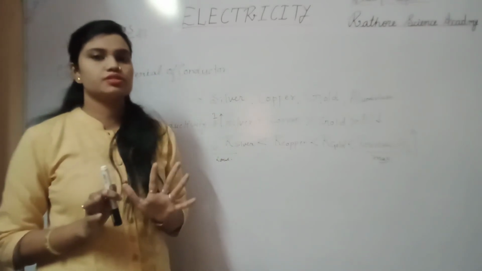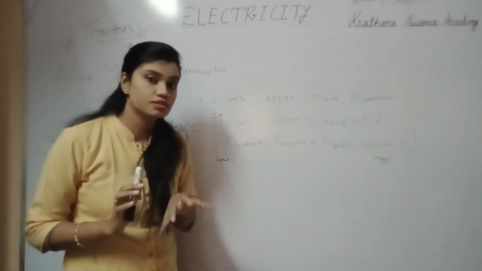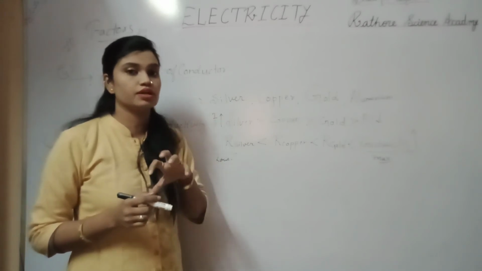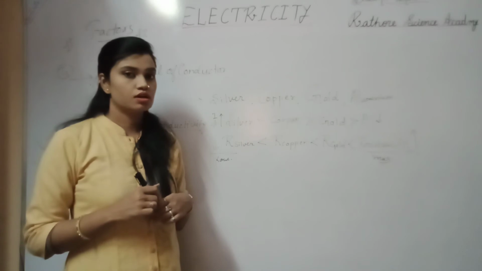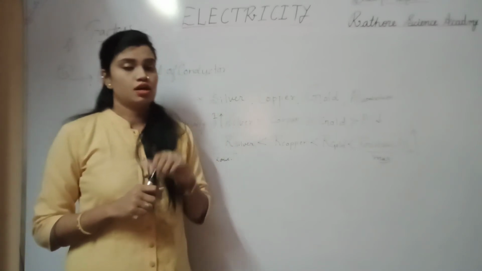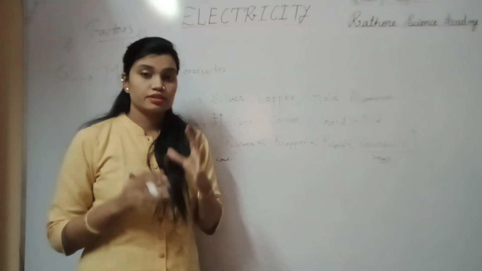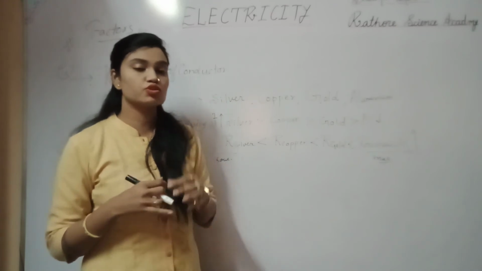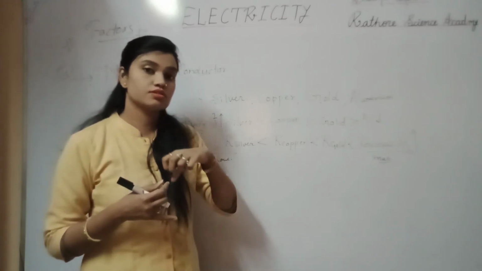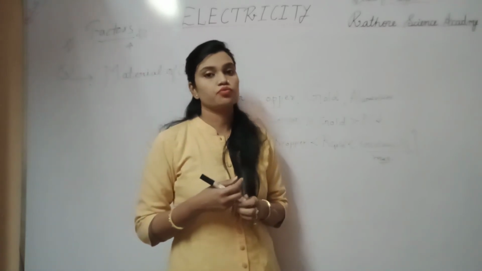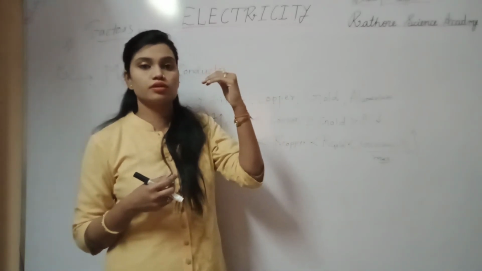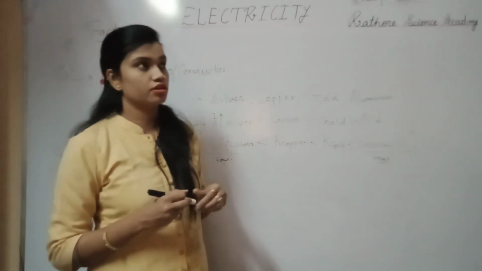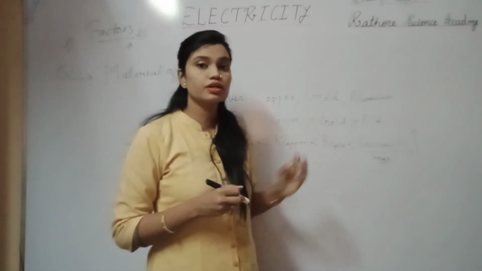Till now we have discussed Ohm's law, what resistance is, and the 4 factors which affect the resistance of a conductor. First, the length of the conductor; then the area of cross section, meaning resistance of a conductor is inversely proportional to area of cross section. Then temperature, and whether its effect increases or decreases the resistance. Then the material of the conductor, and we have seen different conductors,